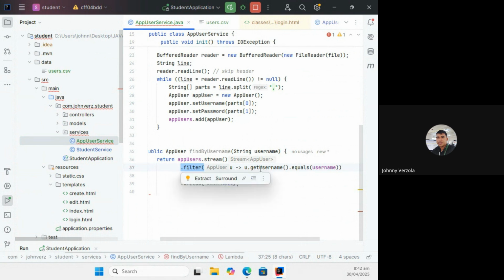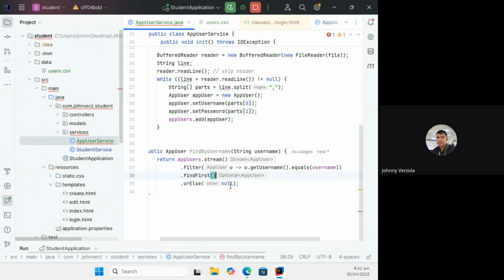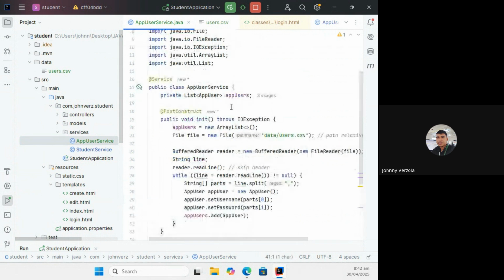You are just filtering it by this condition: the username should be the same as the username that is passed here. Then you just get the first result, or in case there is no matching user, it will just be null. In other words, walang user na merong username na ganyan. That way, we're just going to tell the user that he entered an invalid credential. I'm just going to correct this one because we omitted one closing parenthesis to close the class.